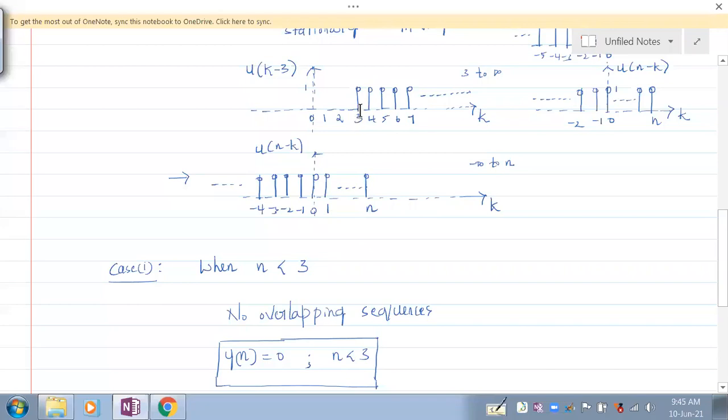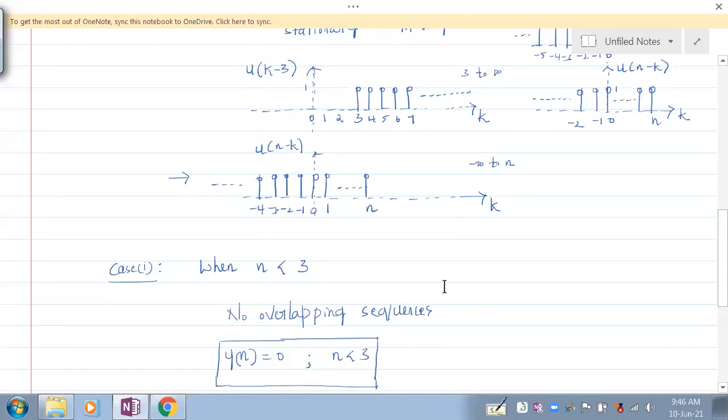See, the starting point of overlap is this. If you want to catch hold of the starting point in the moving signal, it's not possible to find that. So the starting point needs to be understood from the stationary signal. But the ending point needs to be understood by seeing how far the first person has moved. Everybody understand that? If he comes and stands here, from 3 to n is the range of overlapping.